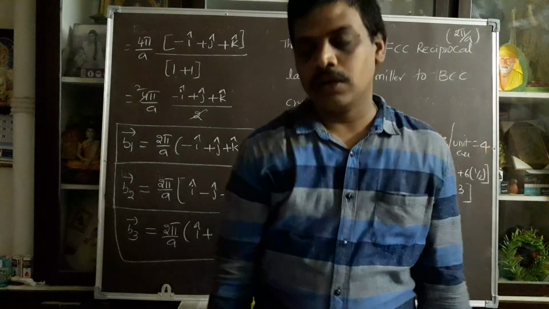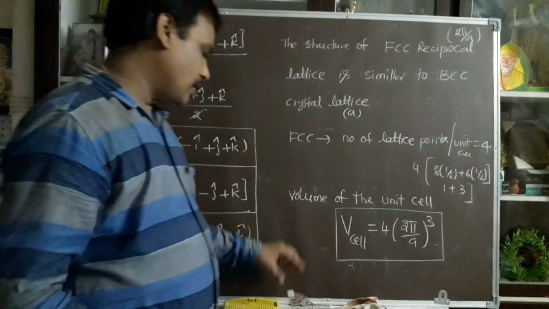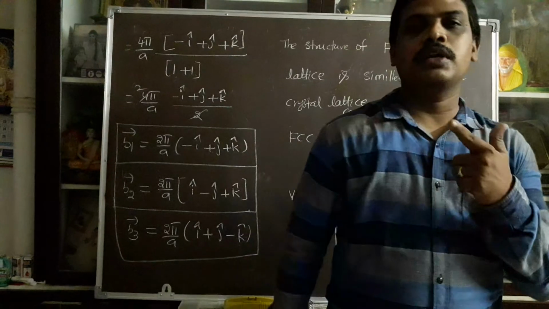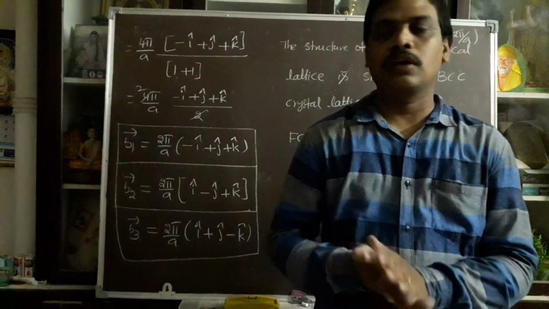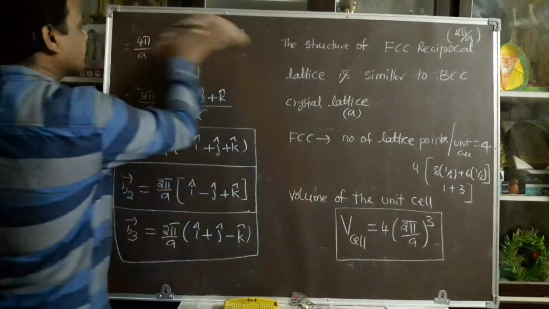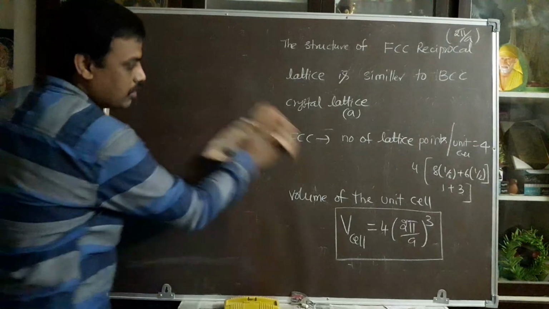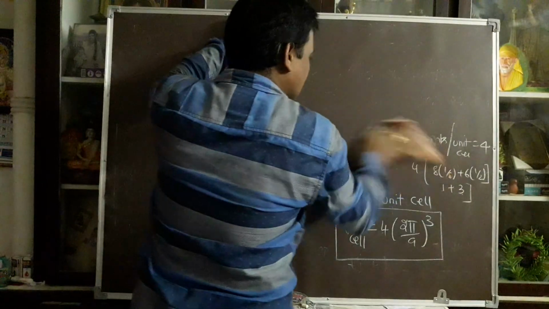Okay, this is the calculation of the reciprocal lattice of different structures. That is the part of how to calculate the reciprocal lattice of simple cubic, body centered and face centered cubic structures. This is the way to calculate it. So finally we concluded what we can calculate in this class: the reciprocal lattices.